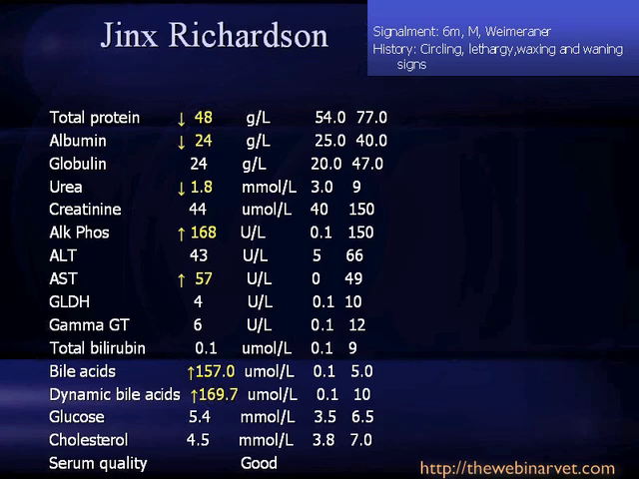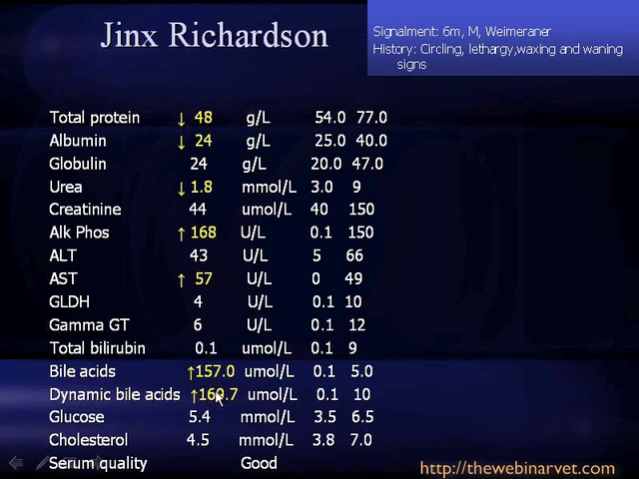So this is an example of another dog with a shunt, and you can see that again we've got a couple of our function indicators actually reduced. He's got a low albumin and a low urea, and you can see that he's got high bile acids right from the word go, and they don't stimulate that much more when we give him a fatty meal and ask